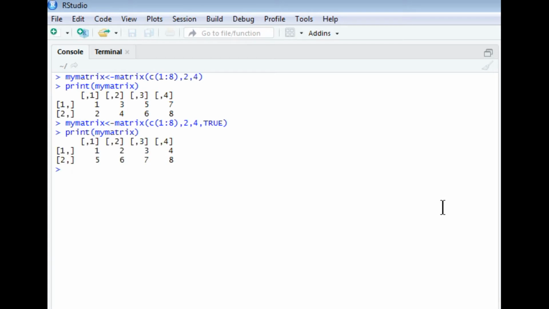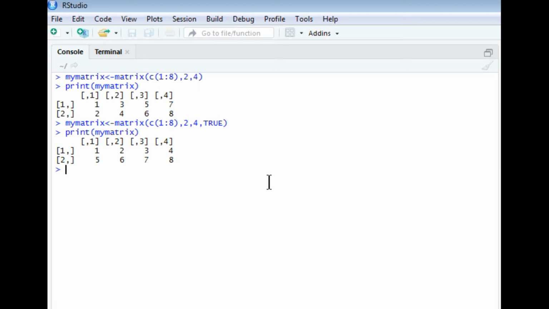You will see that the matrix order is the same, but the element order has been changed. That is, 1, 2, 3, 4 is present in the first row, and then the second row is getting populated. It means the values have been assigned in row priority. That is, the first row is filled up and then the second row. Earlier, it was assigning in the first column, then the second, on the basis of the column. But now it is assigning the values on the basis of rows. So this is what the fifth parameter, byrow, does.